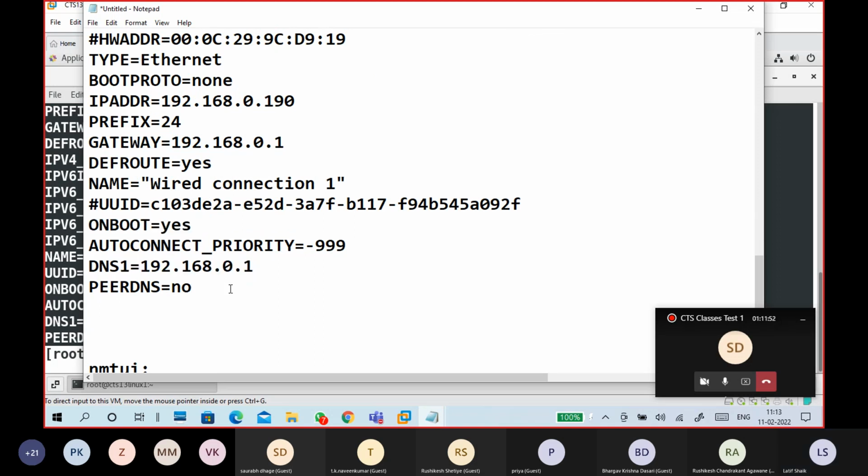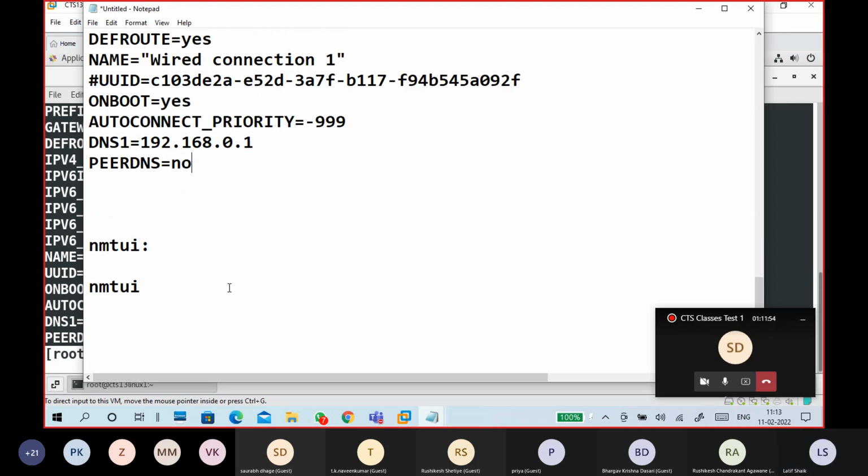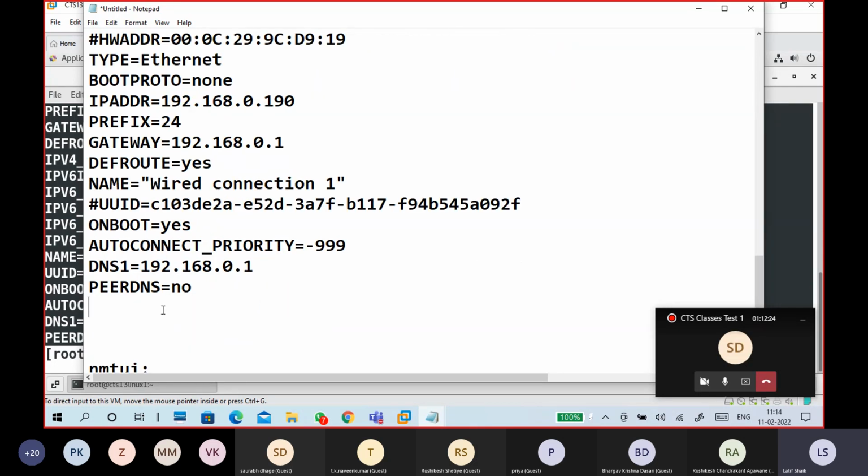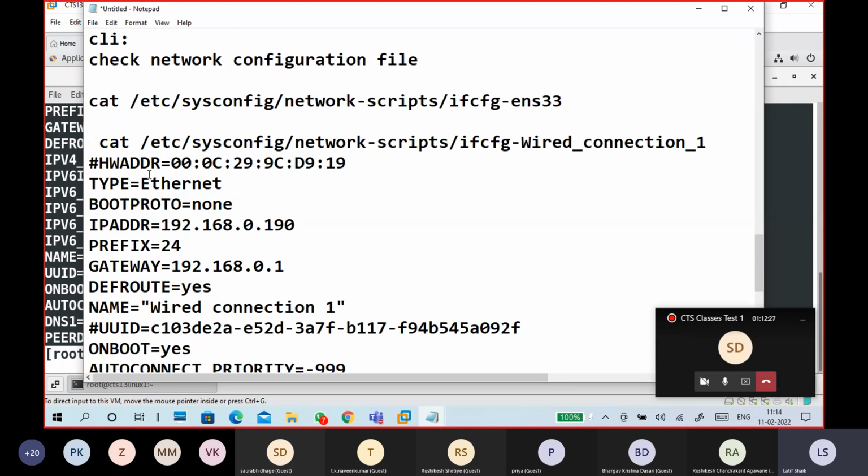So these are the compulsory things. Type BOOTPROTO none, IPADDR equal to this IP. These are capital letters. Give the IP address, prefix, gateway, DNS1. DNS1 means first DNS, the preferred DNS. If you want to put two DNSs, you have to change it.